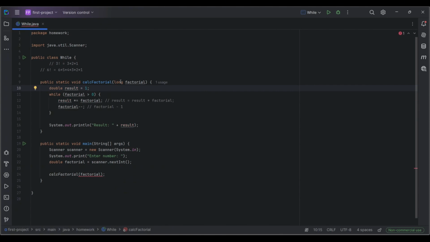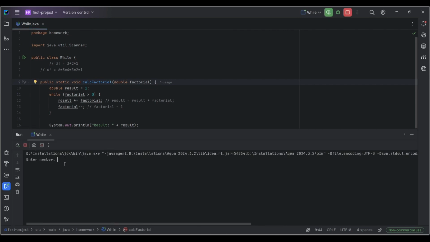Double, and here in parameters accepts double. Let's try again. Say 50, and here we can see the result. So it's 3 to the power of 64. So it uses a scientific representation of the numbers. Okay,